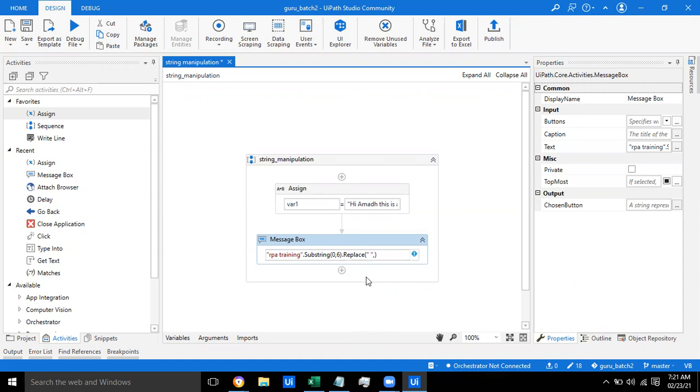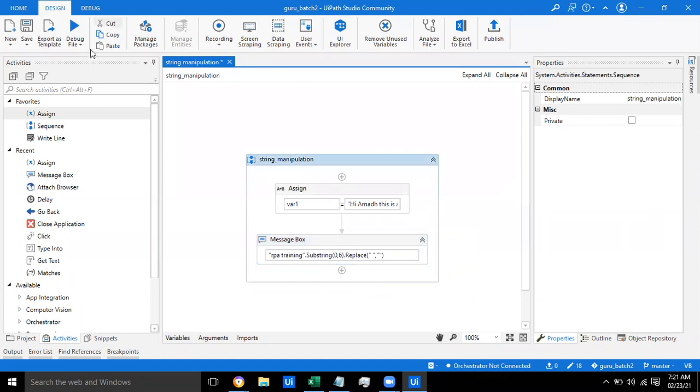What is the thing I want to replace? The space. I want to replace it with an empty string. Are you able to understand what I did? Okay, so let me try to run this file, guys.